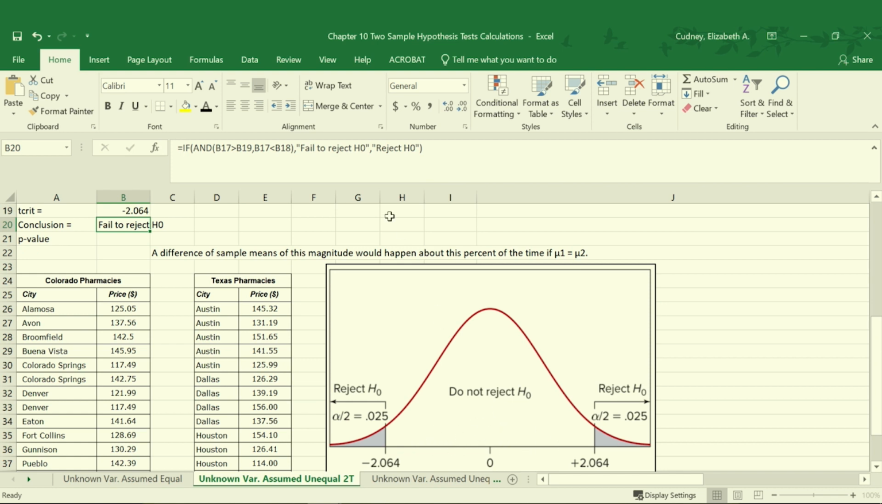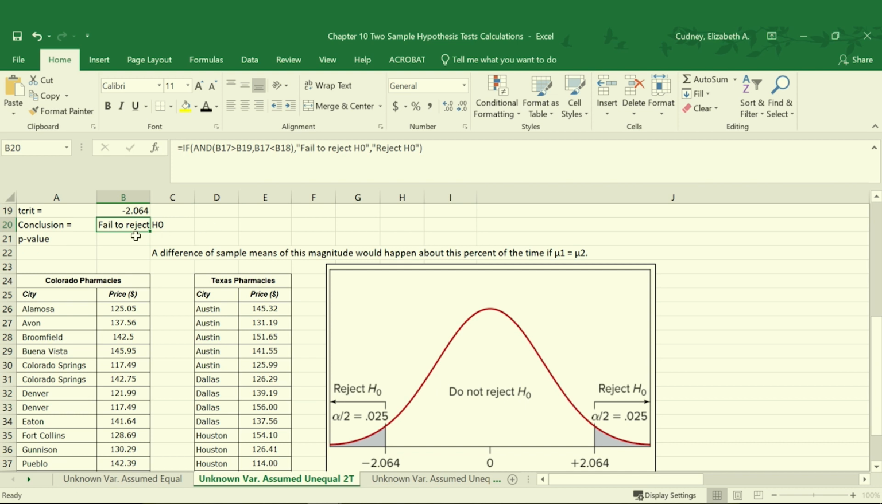So we're setting it up to look at if it falls within those regions inside of our t calculations. If it does, we fail to reject our null hypothesis. Otherwise, we reject our null hypothesis. So our conclusion is that we fail to reject our null hypothesis, which makes sense because our value falls in